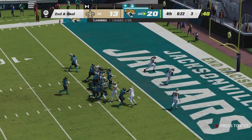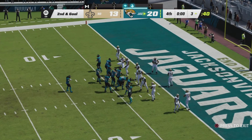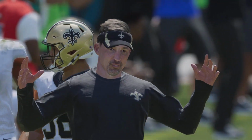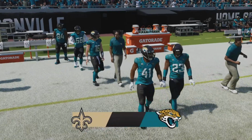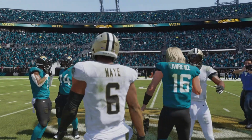Down to a knee for the Jags. Victory seemingly in hand. So this will be a win for Jacksonville. And it was a defense that led the way, allowing just 3 points, that lone field goal in the entire second half. And remember the old adage, offense sells tickets. Defense does what? Wins championships. And in this game,